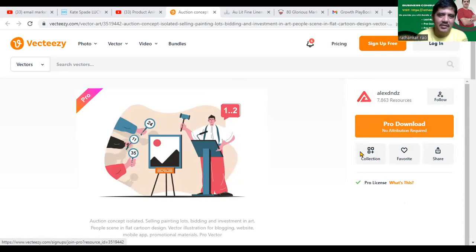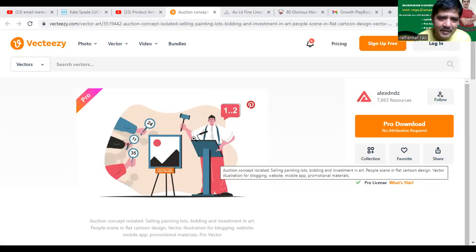So what does this cartoon convey? See, let me just move this one here. There's a man who is standing here with a table, and there's a mic over here, and he has something like a box with an image. The image tells you that there's a product, and he has a hammer, and he hits it onto the box over here, not to break it. But at the same time, you see, there are some people who are having their placards over here,